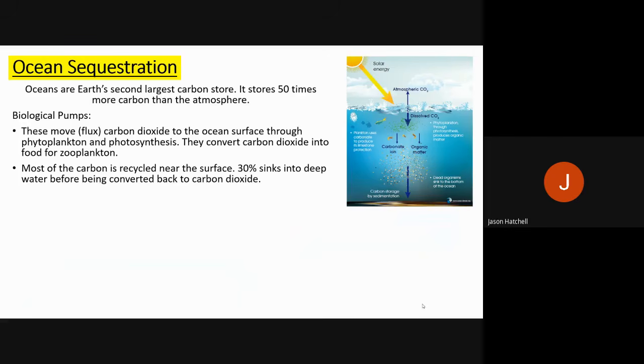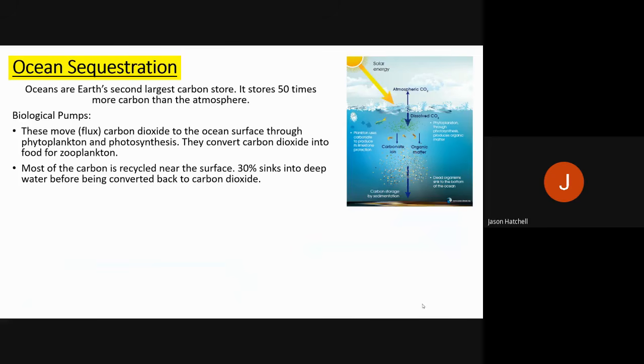All this simply means is the transfer, or flux, movement of carbon dioxide. The carbon dioxide moves to the ocean surface through phytoplankton and also photosynthesis. And they are converted back into carbon dioxide, food for zooplankton as well. Most of the carbon at the surface of the ocean is recycled. Some of it obviously evaporates into the atmosphere, but 30% of it sinks into deep water before being converted back